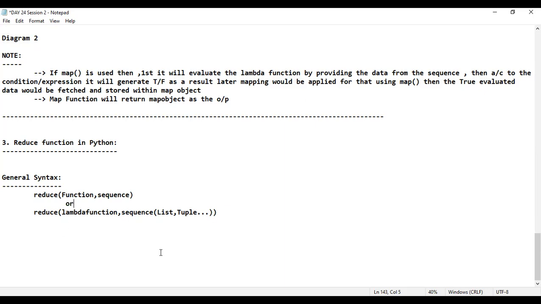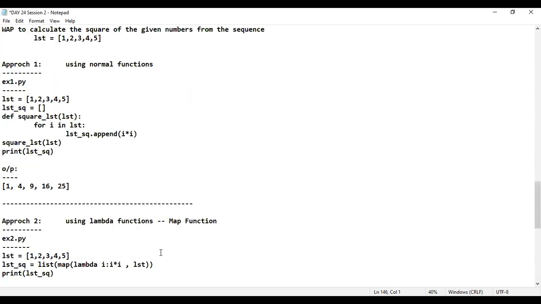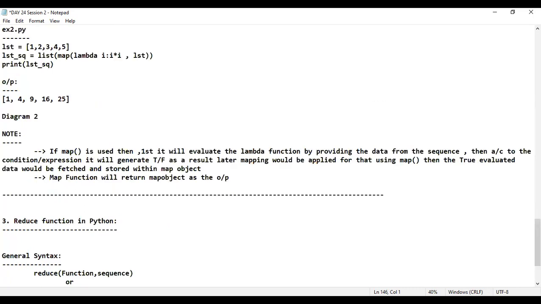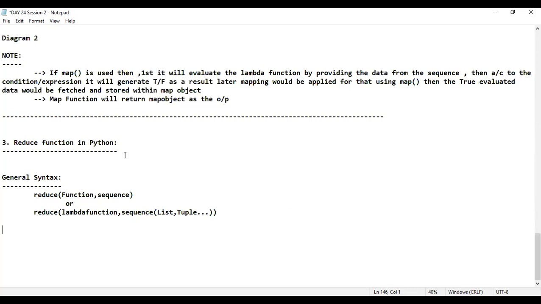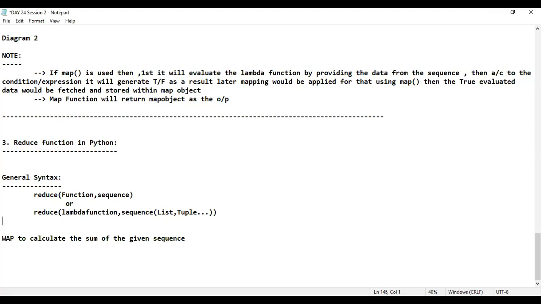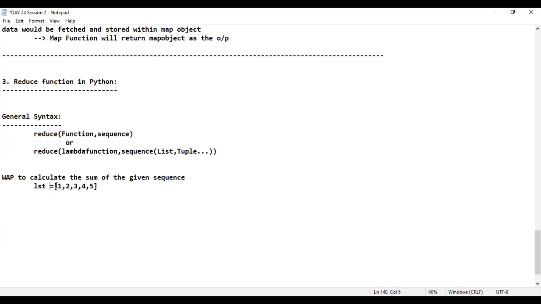Now let me take some examples so that people will get some clarity. I'll consider example number 1. Write a program to calculate the sum of the given numbers. Assume that they'll be providing the input like this. Please tell me, what is the sum of 1, 2, 3, 4, 5? What is the sum? Don't you think the output is 15? The output that I should get is 15.